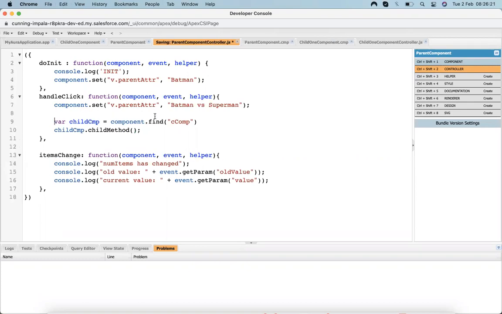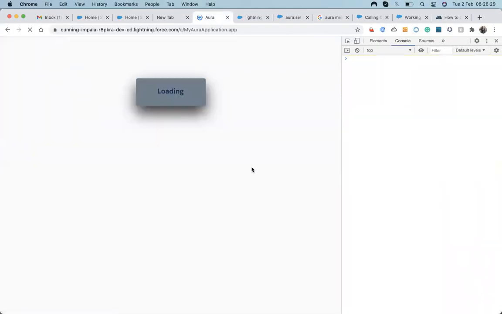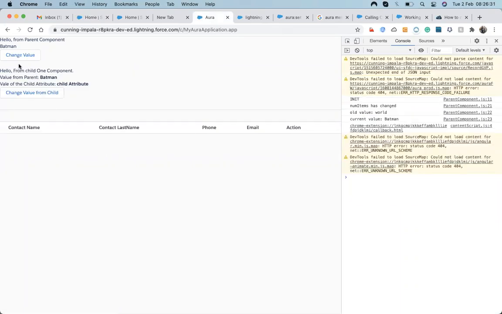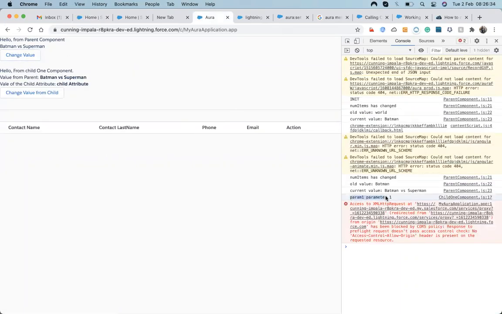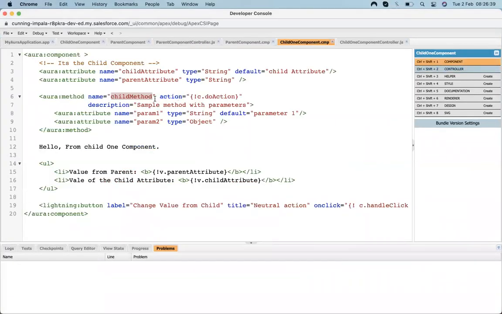So for calling a method of a child, we need to declare an aura:method. Any method that belongs to the child means we are calling from a parent to a child method.